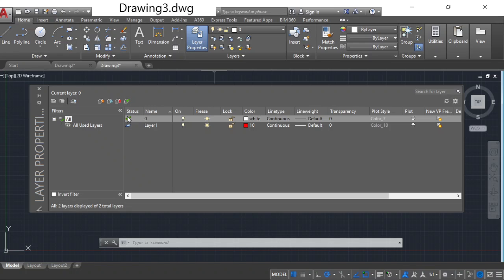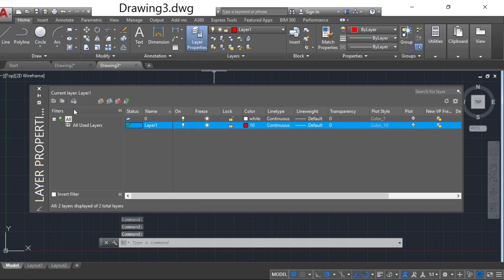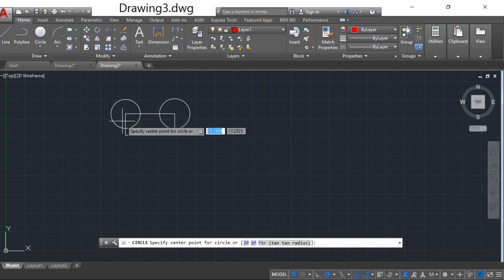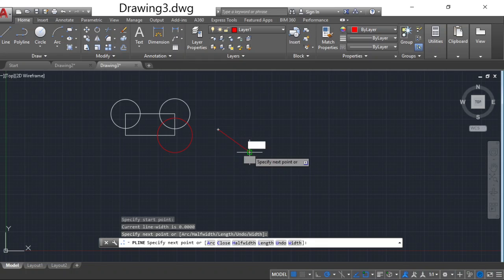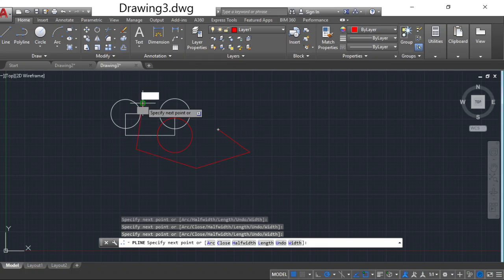That's why it is displaying the zeroth layer's white color. So change the current layer. Now draw with any command, and that particular object is going to be drawn in layer 1. The layer 1 properties are assigned to that object. So this is about layers.